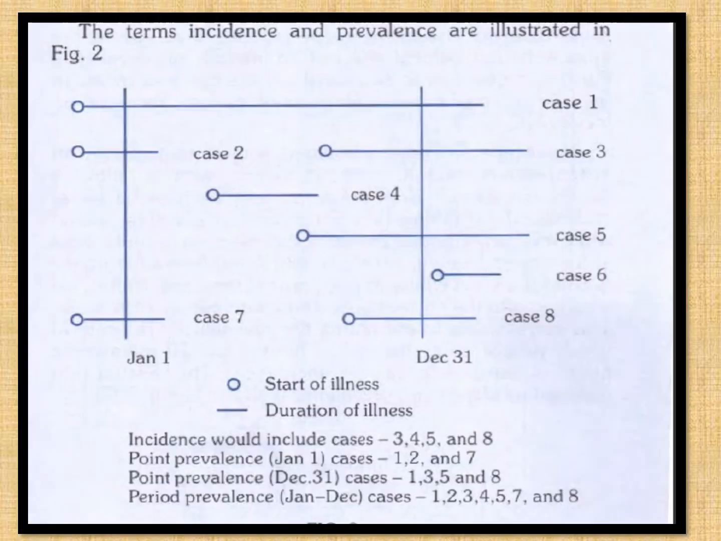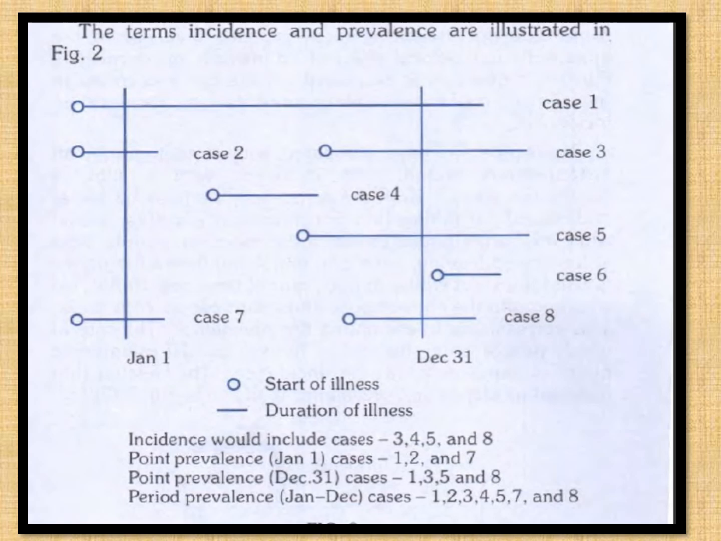So let's see once again. Suppose we have a period from January 1 to December 31, and we have different cases. We have a total of 8 cases. The circle represents the start of the illness and the line represents the duration of the illness. Suppose we want to find out the incidence cases during